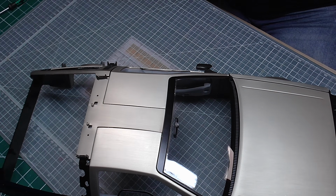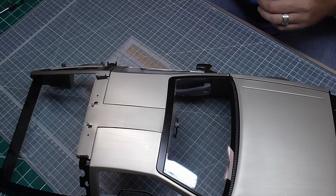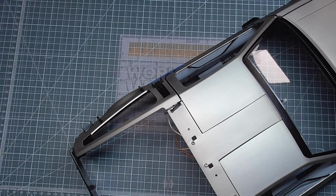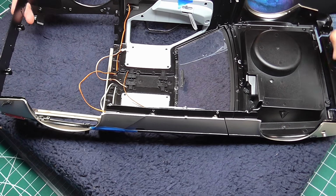And I'm holding it in from the inside with DM screws. I've got my PH1 screwdriver here. And you do want to make sure this is screwed in as tight as humanly possible, which does mean I need to turn it upside down. So that means I'm going to put it on my soft mat here. Okay, so hopefully